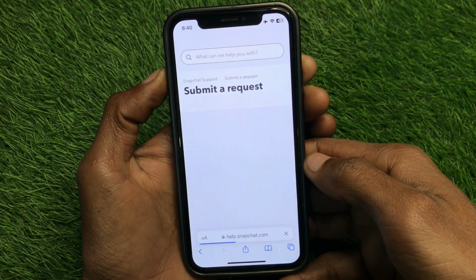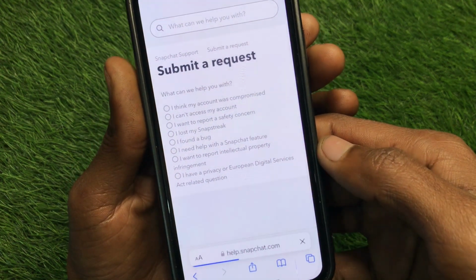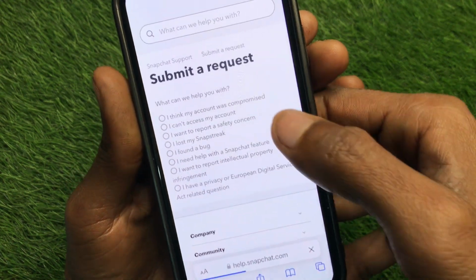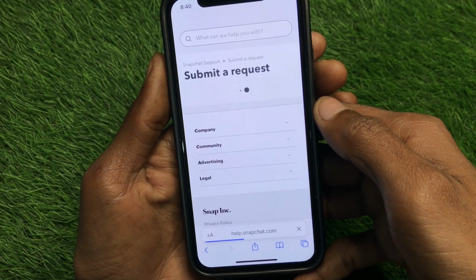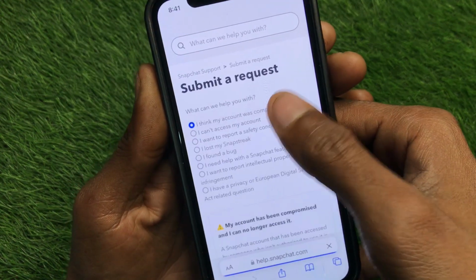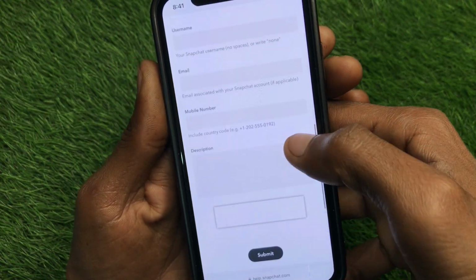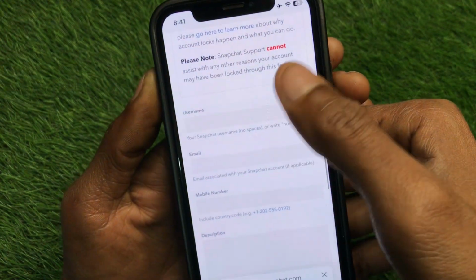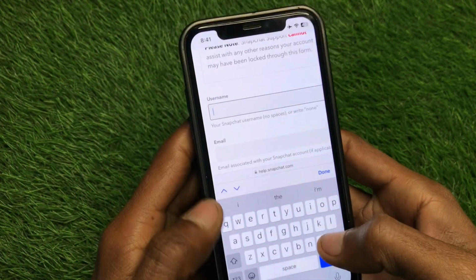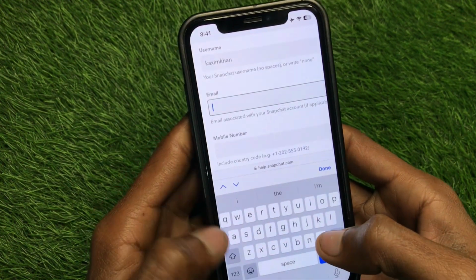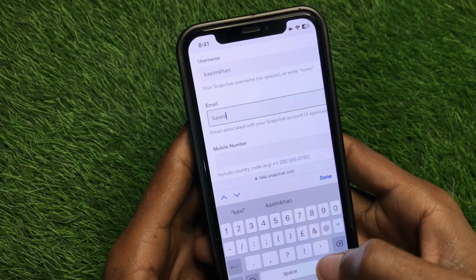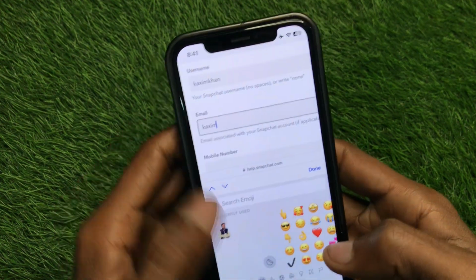So guys you will see a new page here. As you can see from here, you need to click on I think my account was compromised, and after this you need to wait. Here you need to write your email address. As you can see, first of all you have to write your username of your Snapchat account. For example, my username is this. Here you need to write your email, and after writing your email,